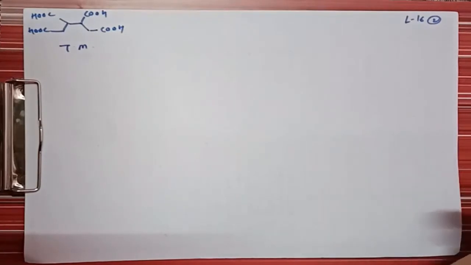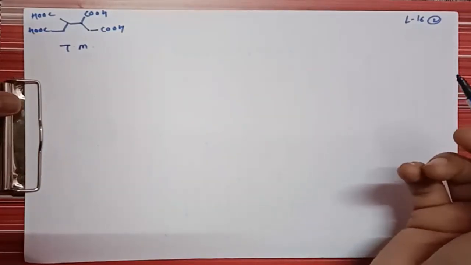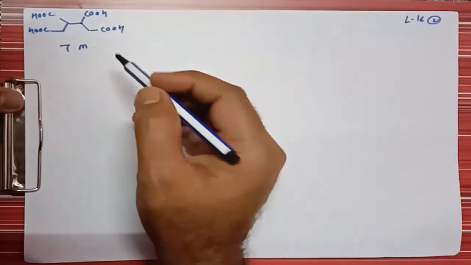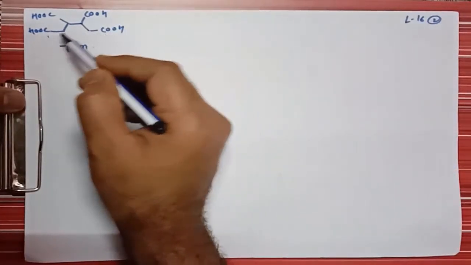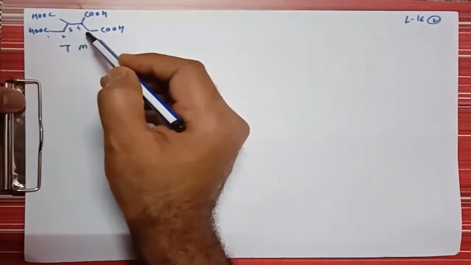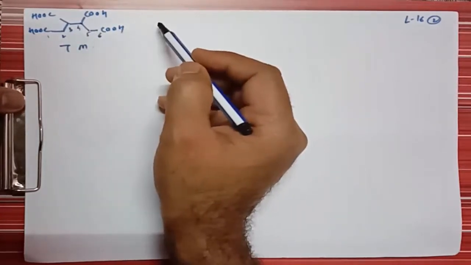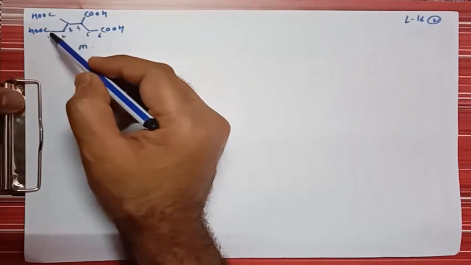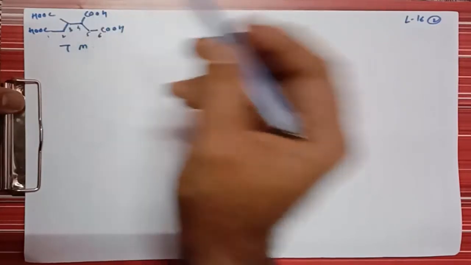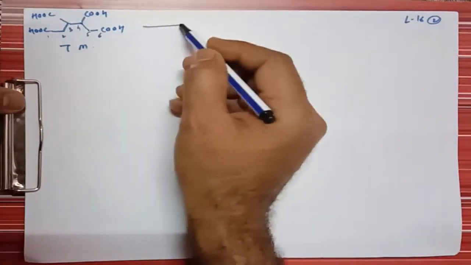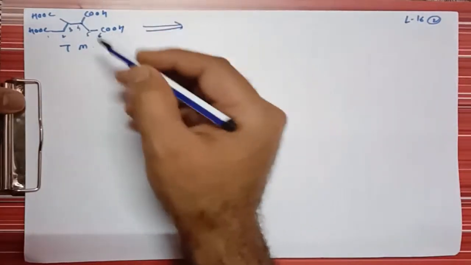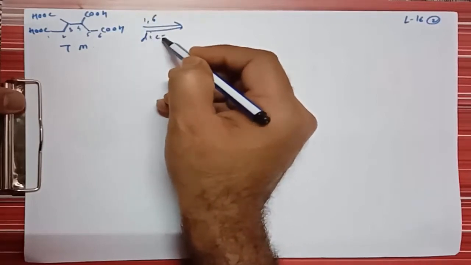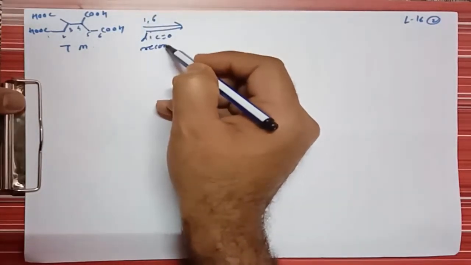So let us see another target molecule, which contains an acid functionality at various positions. If we see here, this is 1, 2, 3, 4, 5, 6, a 1,6 dicarbonyl compound. It is 1, 2, 3, 4, a 1,4 dicarbonyl compound. 1, 2, 3, 4, 5, a 1,5 dicarbonyl compound. But instead of going for other functionality, if we try for this 1,6 dicarbonyl compound, then we can reconnect this molecule.